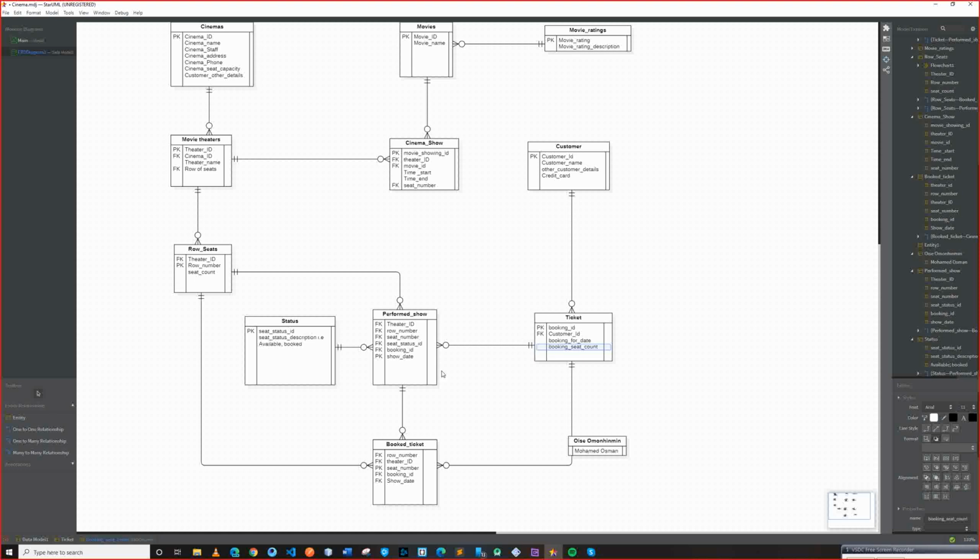which is all connected to a performed show. And a performed show is where you're watching the film, so what film you're about to watch. The performed show could contain a theater ID, the row number, basically most of the information is here, the seat number, so where your sitting place is, and the seat status. The status tells you if the seat is available or booked. If it's not booked, then it's available. And the show date, so when the show is going to be performed,